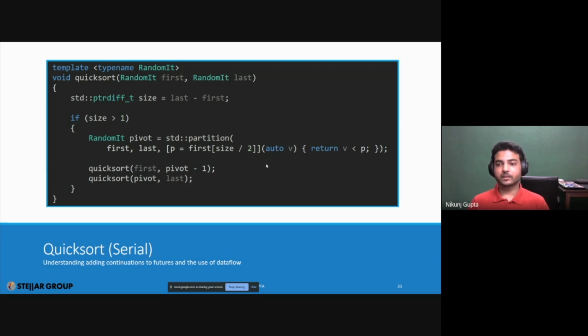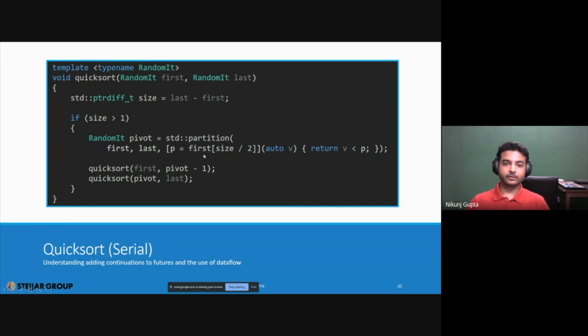Fortunately, C++ also has an algorithm for partition, so that actually makes my code even smaller and makes my time consumption low. So essentially what we do is we use partition, and we use the most basic form of quicksort, wherein we simply pick the pivot as the midpoint of the container. So we simply pass on the first and the last iterator, and the pivot this time around would be the middle element.